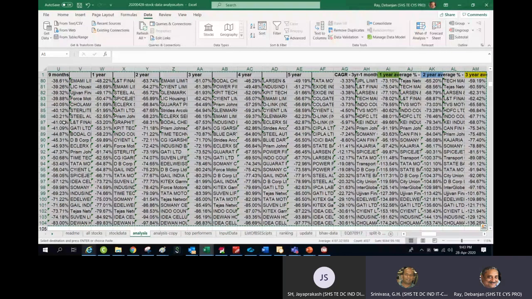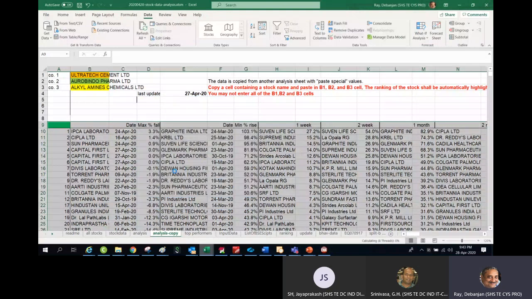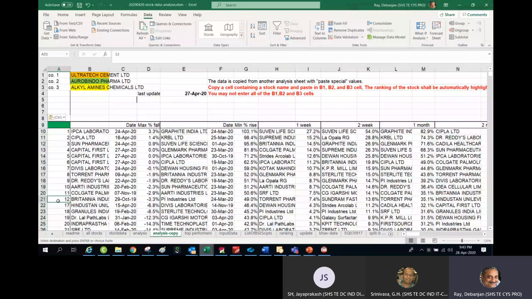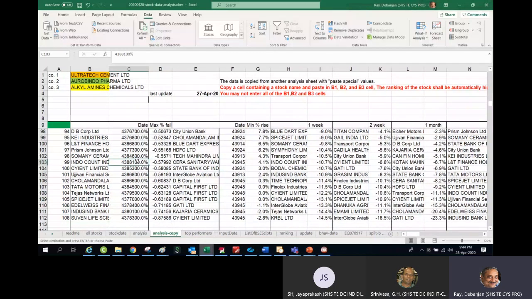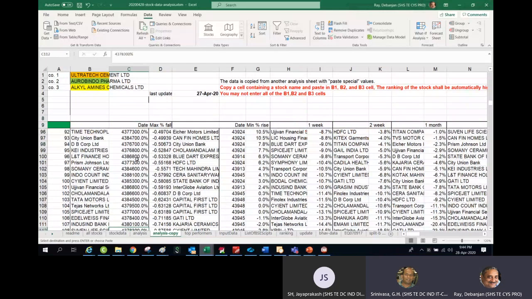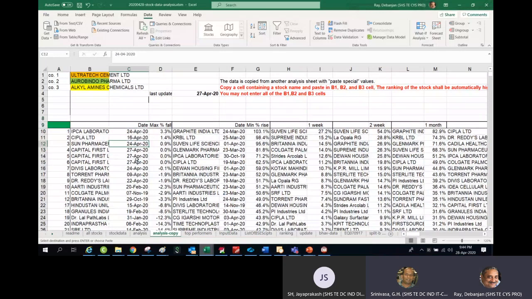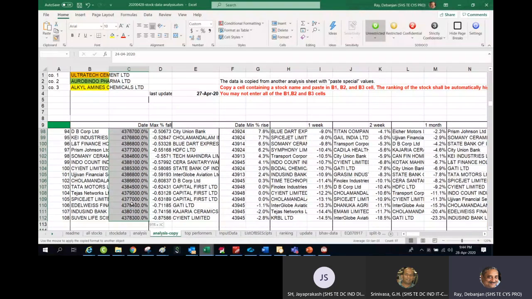By the way, there is another important thing I forgot to tell you. Control V, I do. It's done. Now see, 108 data is there. I know why this is coming, because the date formula is not there. So I do a little bit. Put the same thing, then it will come.